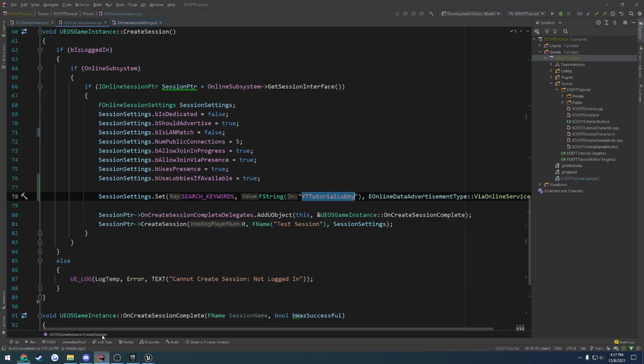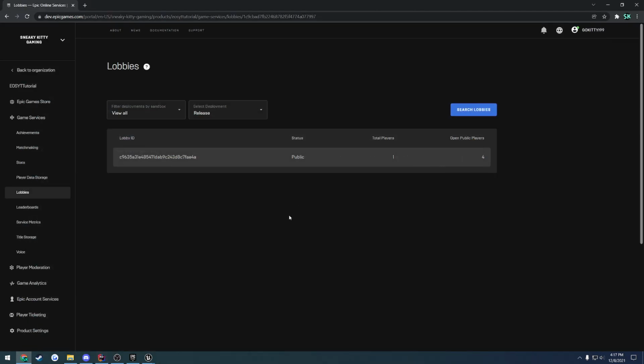So I'm almost questioning if, with this being false, if that has some kind of influence over EOS as well. Because I noticed when we added this and set it to true, it actually set it up to use lobbies. So I would have thought it would have done this by default. But anyways, if you made it this far and you do have your lobby appear, you should be good to go. So we are pretty much set up, I think, now to make the addition over to including EOSPlus